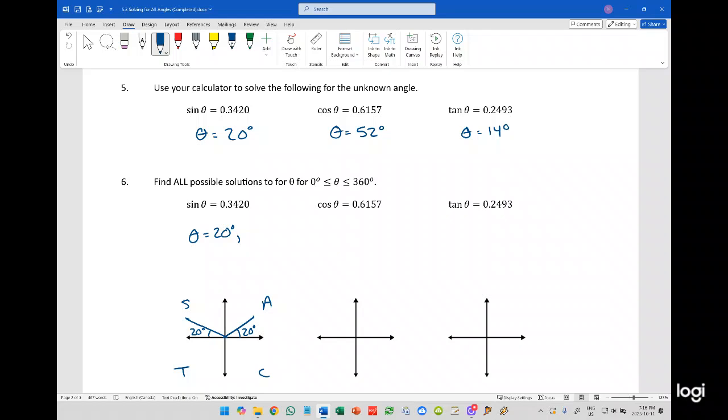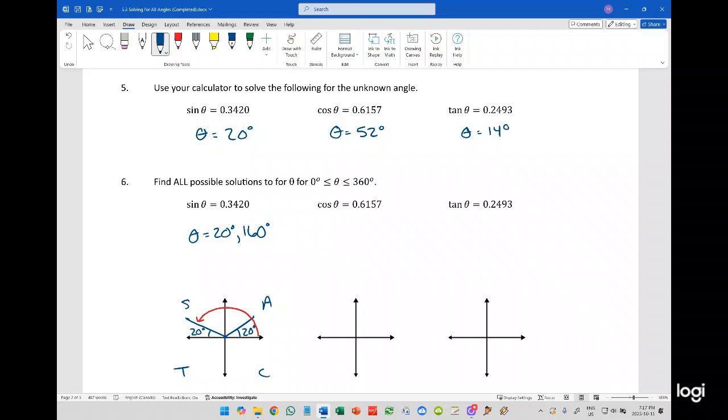Unfortunately, 20 degrees in the second quadrant is not the other answer. The other answer is the equivalent one measured from here, which is 180 minus 20. And 180 minus 20 is 160 degrees. And if you pull out your calculator and you type in